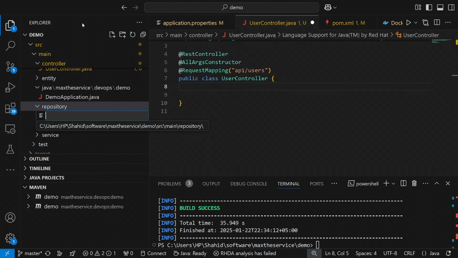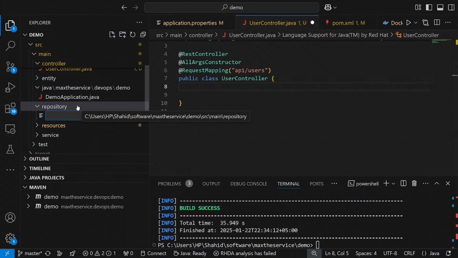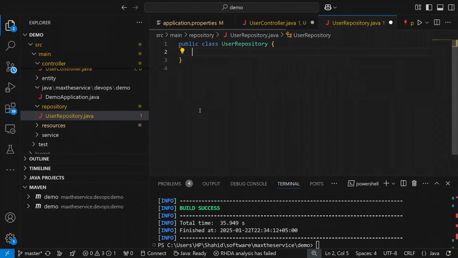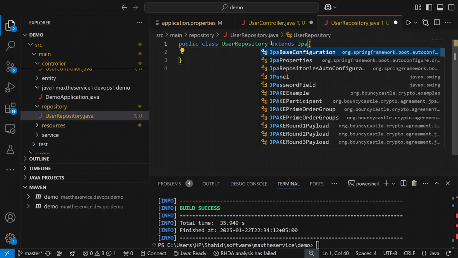UserRepository dot java. Okay, you will be extending the user repository with the Spring JPA support provided, like you can implement and also you can extend the JpaRepository,